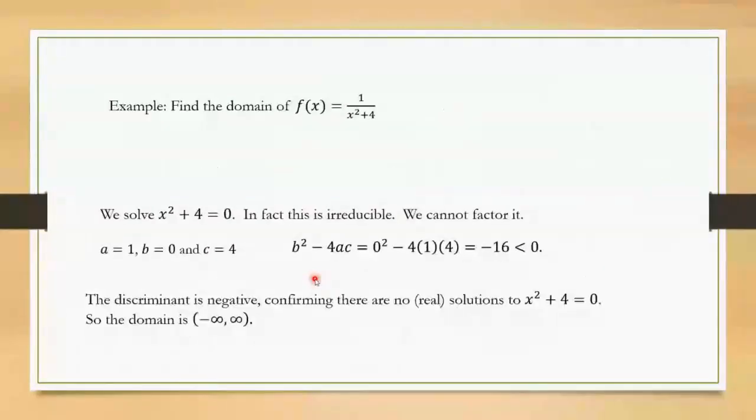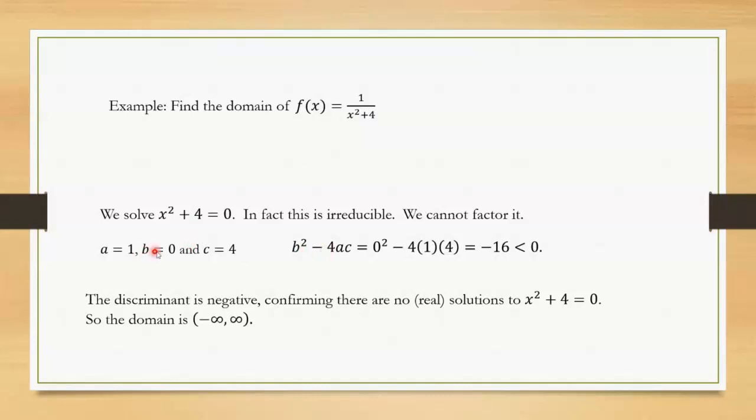Here's another one. This one I'm doing a little bit different. We have x squared plus 4. You could try factoring this, but you're not going to be able to. Here, what you could do is actually the quadratic formula. Although, if you remember, I'm actually saving a little bit of work by just looking at the discriminant. In section 1.2, I did go over what the discriminant was. It's basically b squared minus 4ac. So if we calculate that,